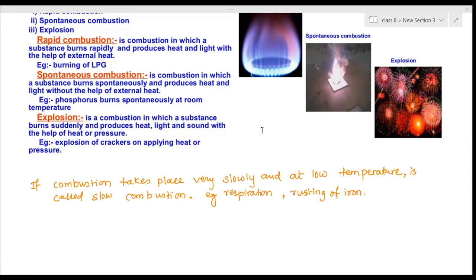Why do some substances, when they burn, produce flame, but some substances won't? Just like charcoal, whenever it is burning, we can't see a flame. We can see only that it becomes red hot. It is producing heat energy continuously, but we can see that a flame is not produced.